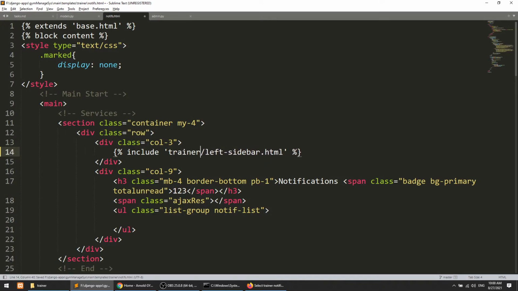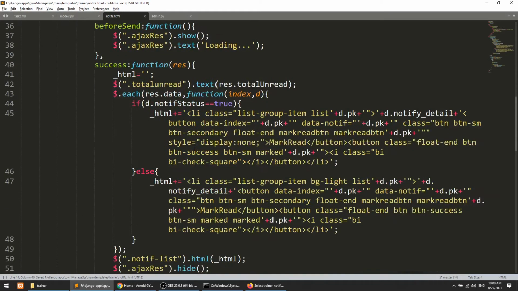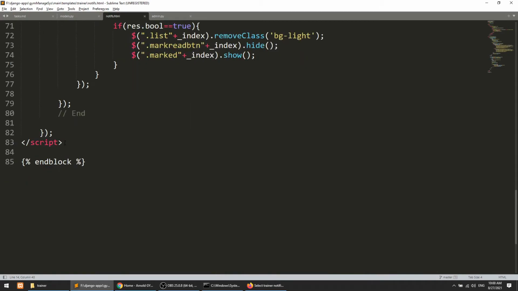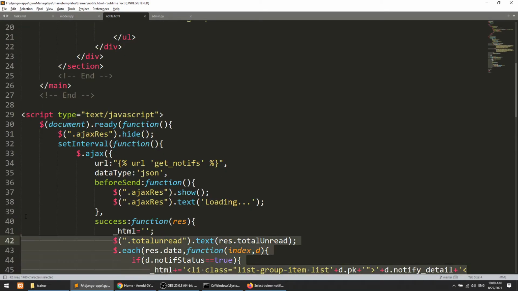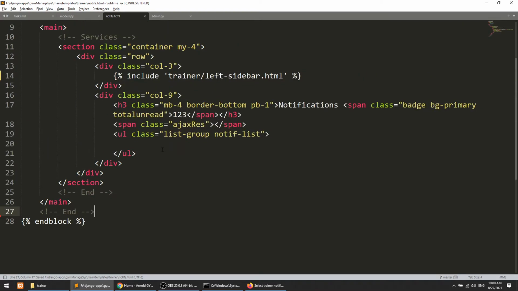Here we will have the trainer left sidebar, this is notifications, and we don't need this Ajax, because we are not going to do this with the help of Ajax, we will do this with the help of the Django Channels package. You can say WebSocket, but currently in this video I'm fetching all the notifications. So this will be a list group, class list-group-item.